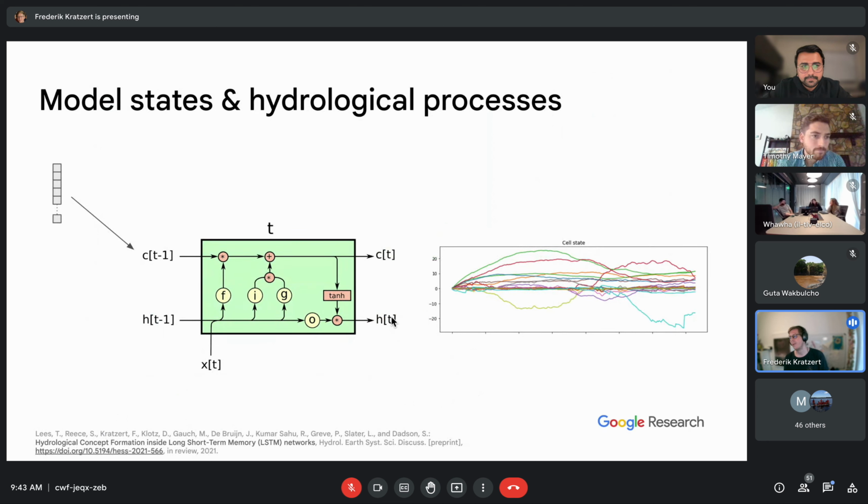where what we did was we extracted the time series of cell states from the LSTM. So for everybody not familiar with the LSTM, the cell state is really just a vector. And if you say hidden size 128 for the LSTM, what it means is that your cell state has 128 elements. So the model has the capacity to store 128 elements over time.